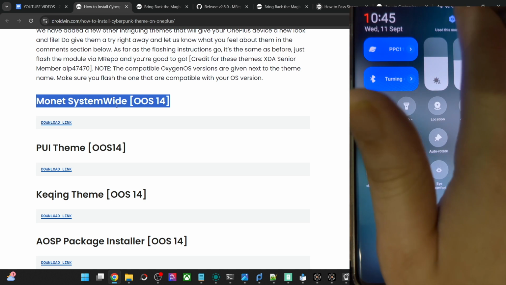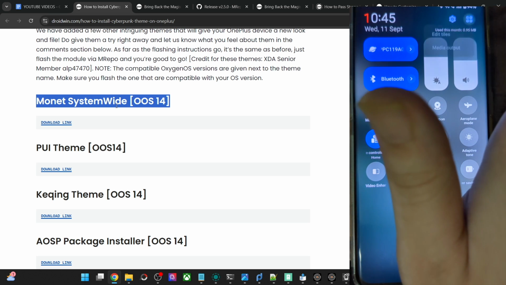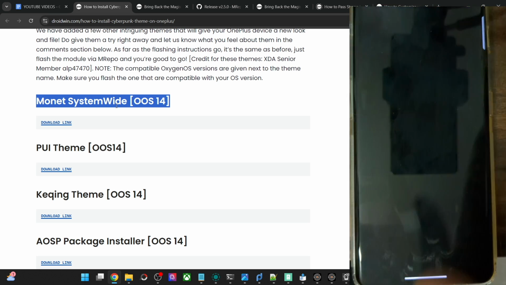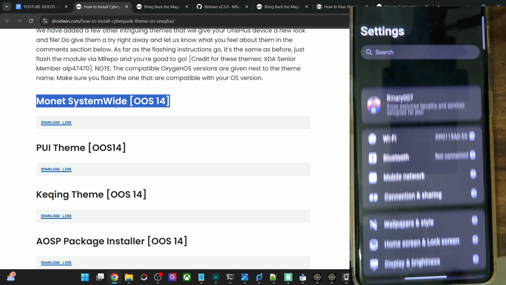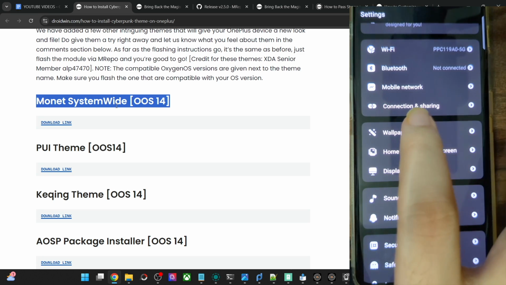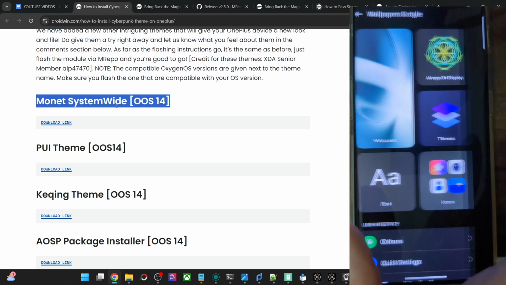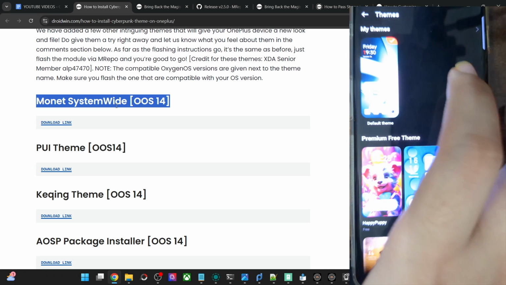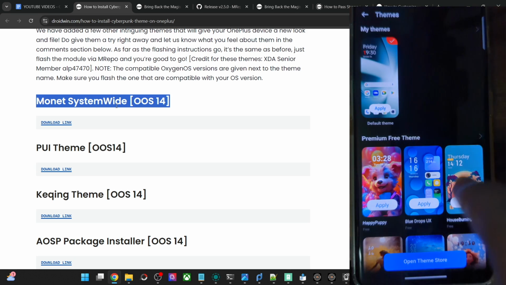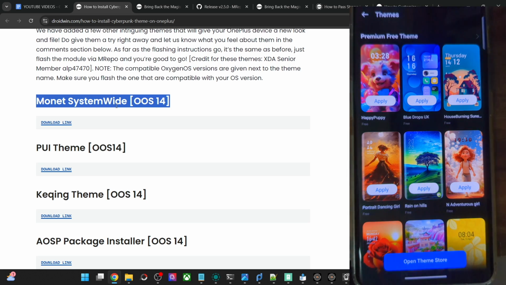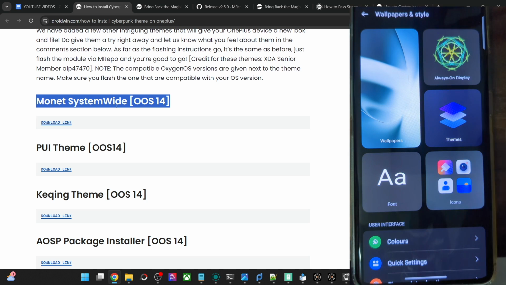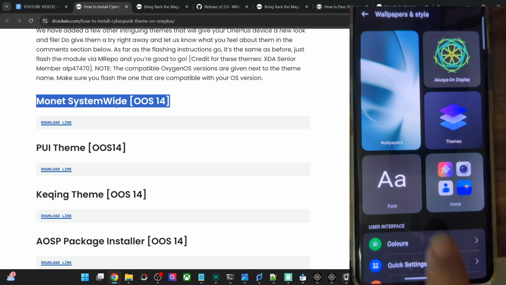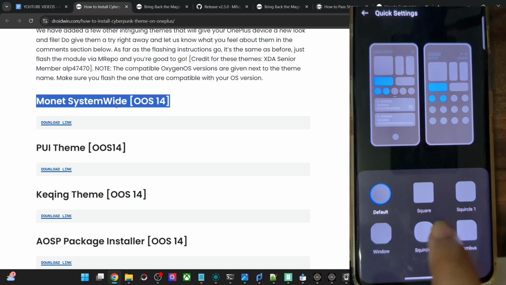So I could see the settings menu has been changed, the icon has been changed, and this menu is also changed. The icons of this menu have been changed, and the entire settings menu has been changed as well. That's quite good to see. So go to wallpaper and style, themes, and now you could choose the... okay, so the theme is not showing here. The theme has been implemented by default, so the themes are not shown here. Although it's installed, it's not shown here.